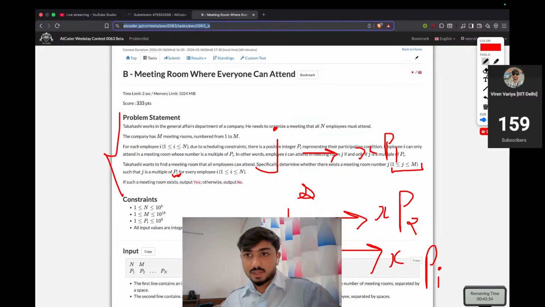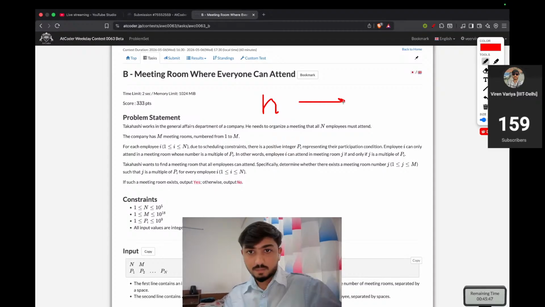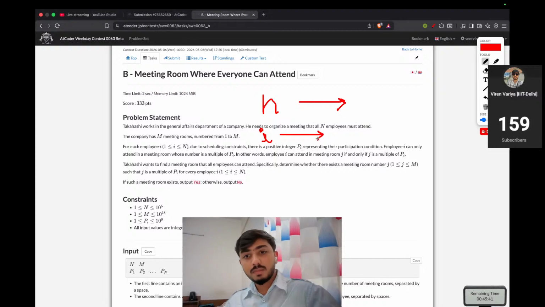So let me explain the question. There are n employees, right? Employee i can attend a meeting if the meeting room number is a multiple of Pi. And Takahashi's target is